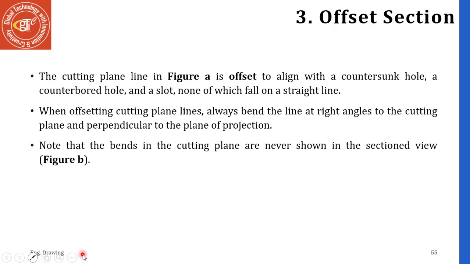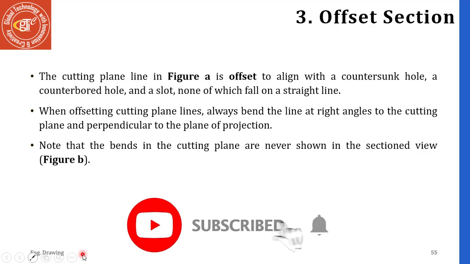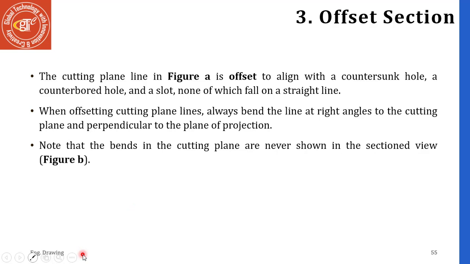The cutting plane line in figure A, shown on the next slide, is offset to align with a countersunk hole or a counterbore hole and a slot, none of which fall on a straight line. So when offsetting the cutting plane line, always bend the line at a right angle to the cutting plane and perpendicular to the plane of projection. Note that the bends in the cutting plane are never shown in the section view, as indicated by figure B